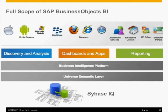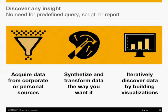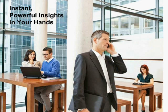So it could be Visual Intelligence, it could be our Office plugin, it could be Webi, and it could be mobile. Mobile being one of the key trends at the moment. You can leverage really well our mobile offering on top of those data sources. So I'm going to skip that slide. So really, to go back on mobile,